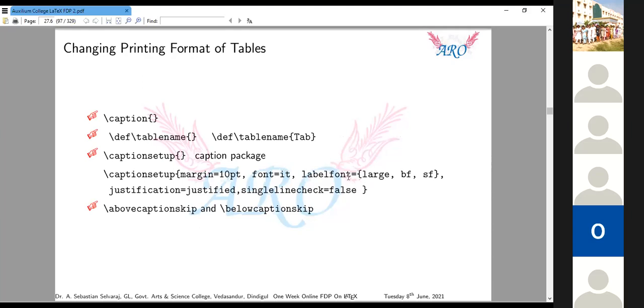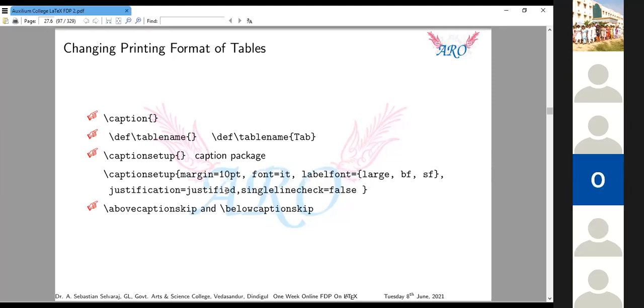Label font: suppose it's in normal size, and if you want to use a bigger size, that's also possible by the command large and so on. Suppose if you want to leave space before and after the table and the caption, that's possible by above caption skip and below caption skip.